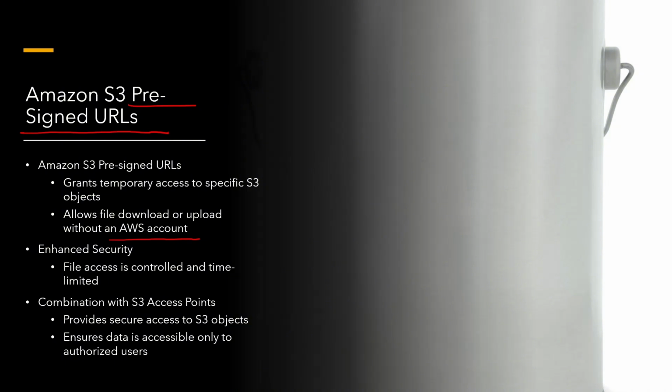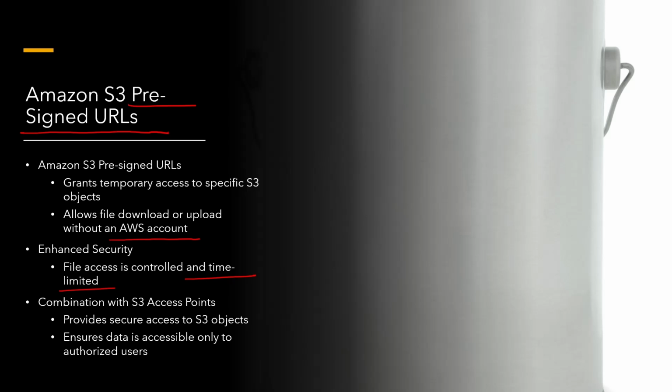Now, this is going to be giving enhanced security because we will be controlling and limiting access to files. And these URLs are time limited. That is, they are temporary. What this means is that they expire after a period that we'll specify, and that's going to be ensuring that access, of course, is limited to that time, and of course, it's going to also reduce the risk of unauthorized